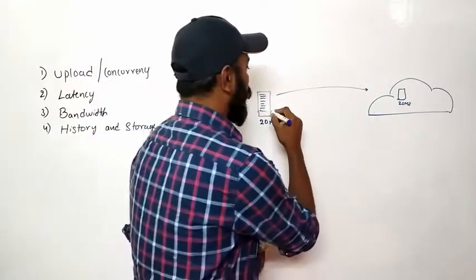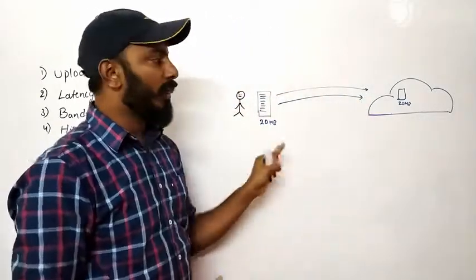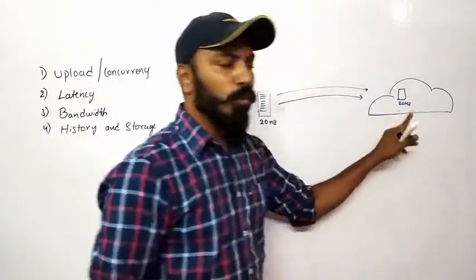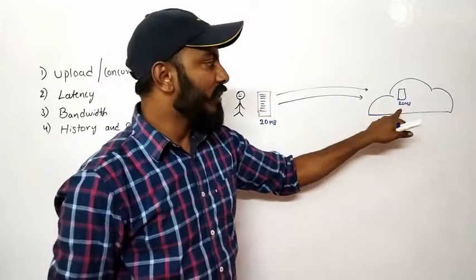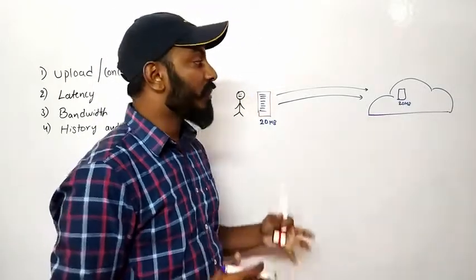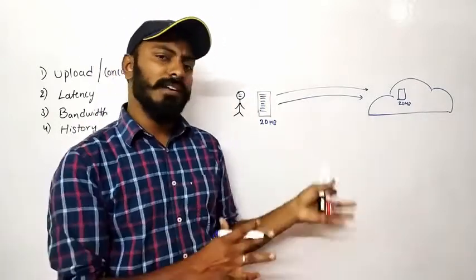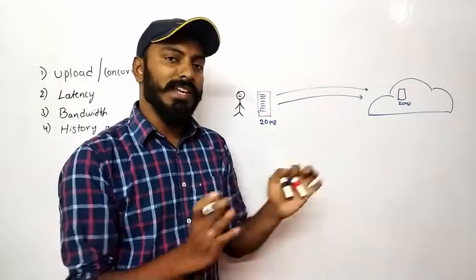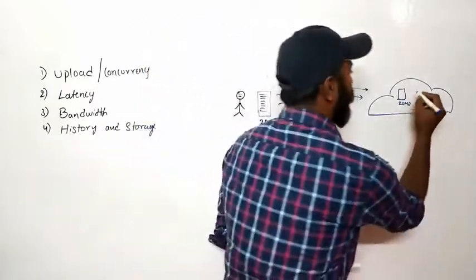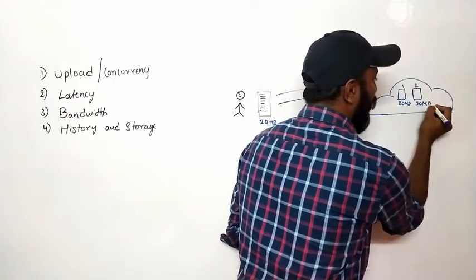So now what I do is upload it again, thinking that I have a local copy. Fine. We might do two things on the cloud service. One thing is we might overwrite the already existing file, or we might create one more copy of the file. Now consider we want to support the historical updates, we also need to know what the historical updates to the file were. So let's keep a copy of the file. So the second file, version 2 and version 1, that is also of 20 MB will be uploaded to